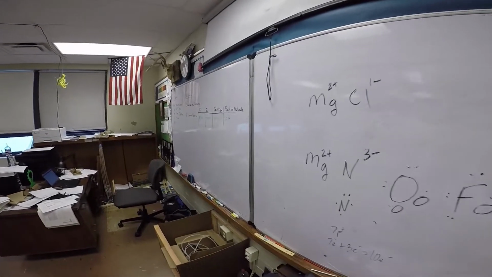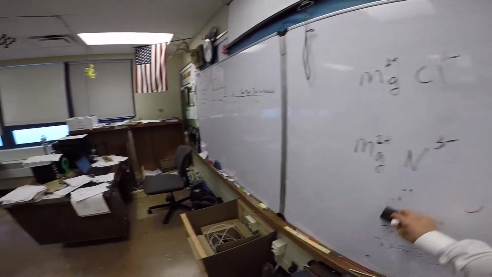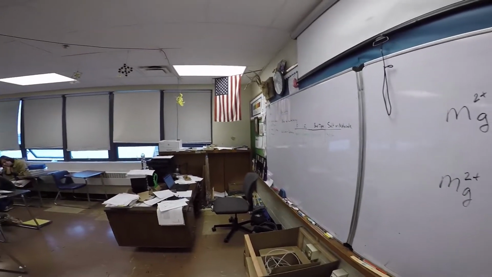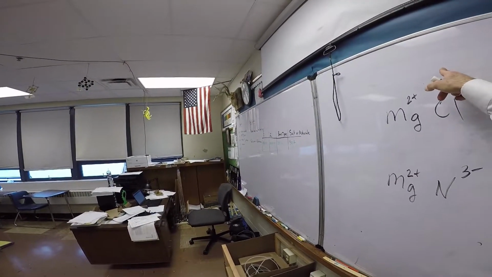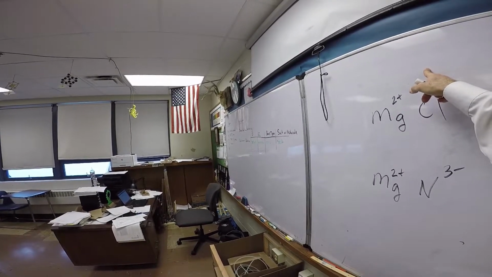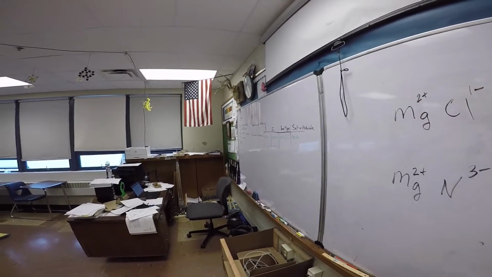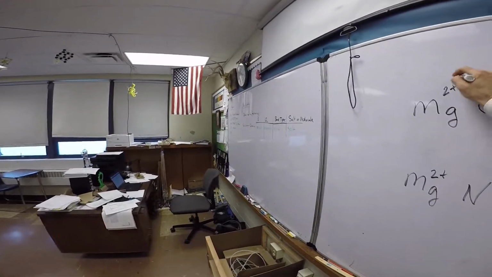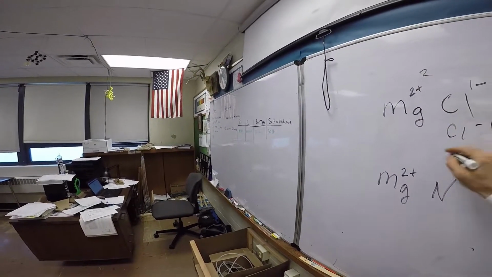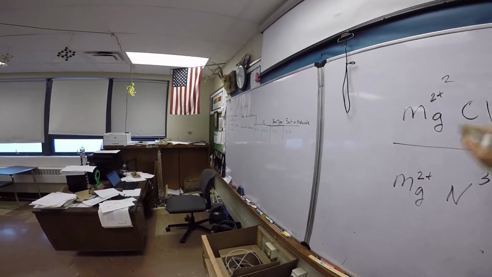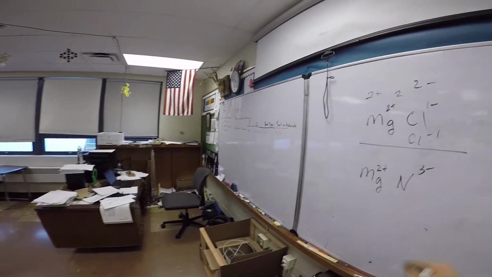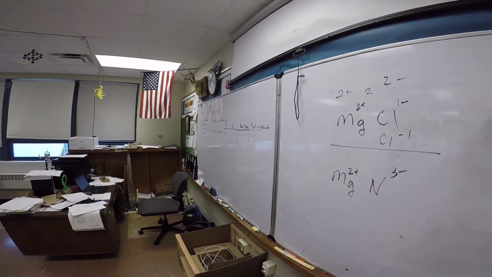Okay, so now you have to balance this out. We talked about it yesterday, how you find the common denominator. Common denominator here is what? Between 2 positive and 1 negative, common denominator is 2. So you have to have another chlorine to balance this out. So you have a 2 negative here and a 2 positive here. Does everybody see that? So the formula is going to be